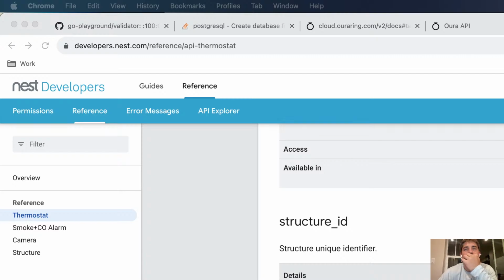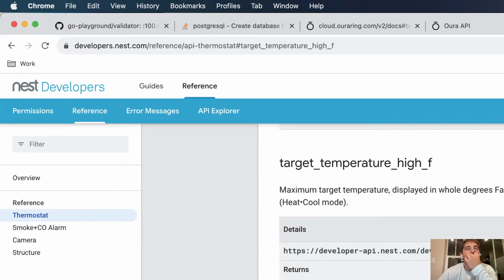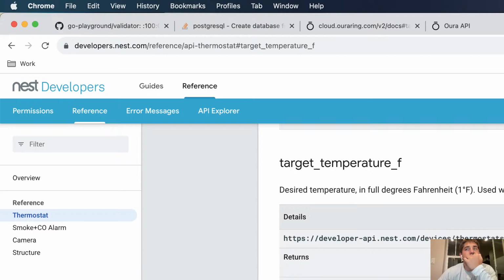What a useless string. Oh, it's a structure ID, not temperature set high low. I'm gonna hard code stuff for now. That's what I'm gonna do.